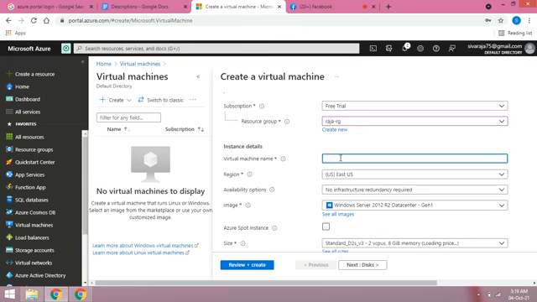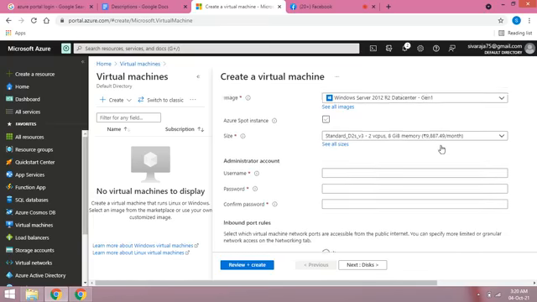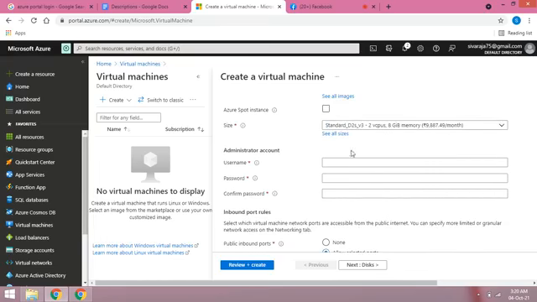There is a VM name, and I choose Windows, East US, no infrastructure redundancy. I choose the default. I choose the Windows Server 2012 R2 operating system, and put in the username and password.